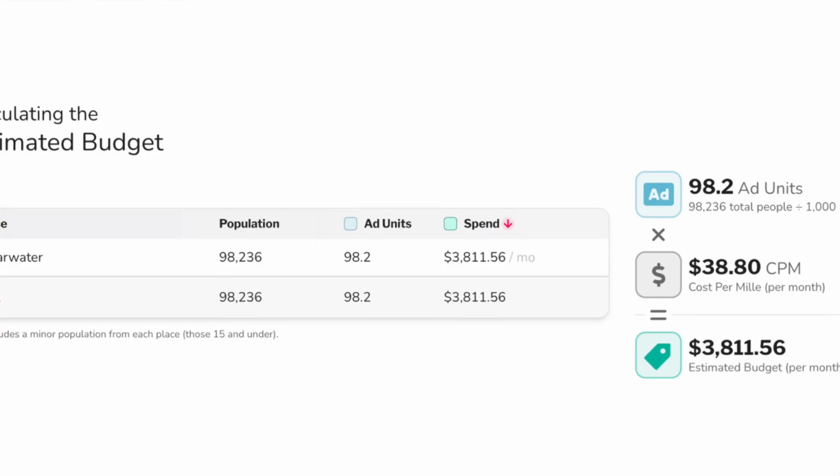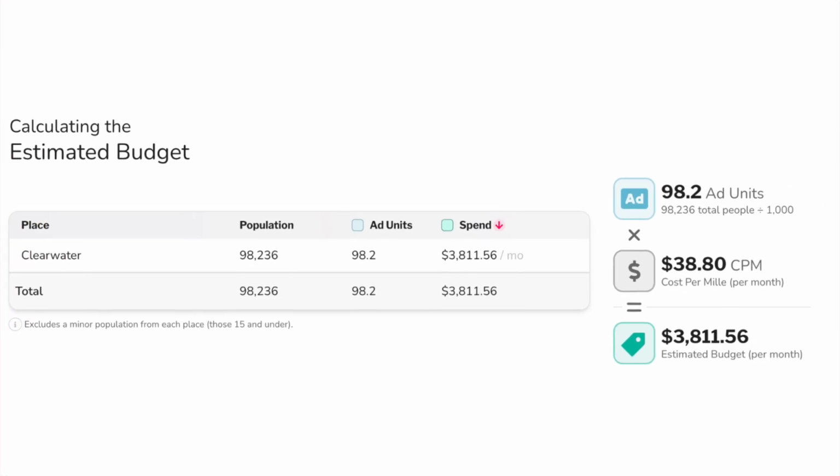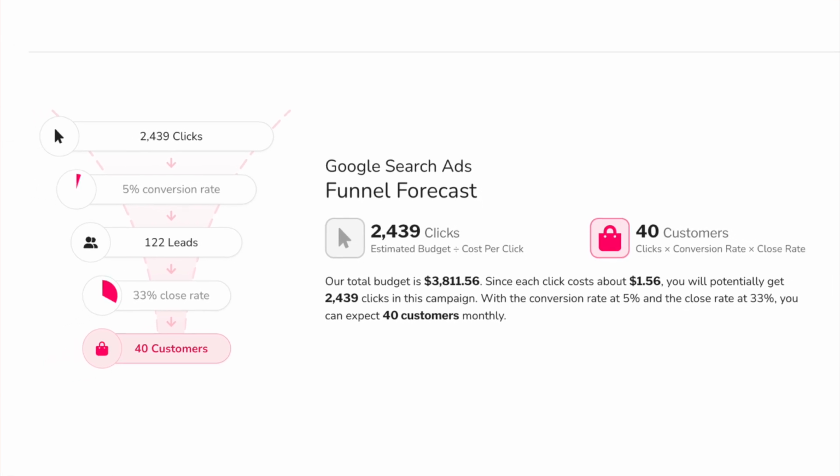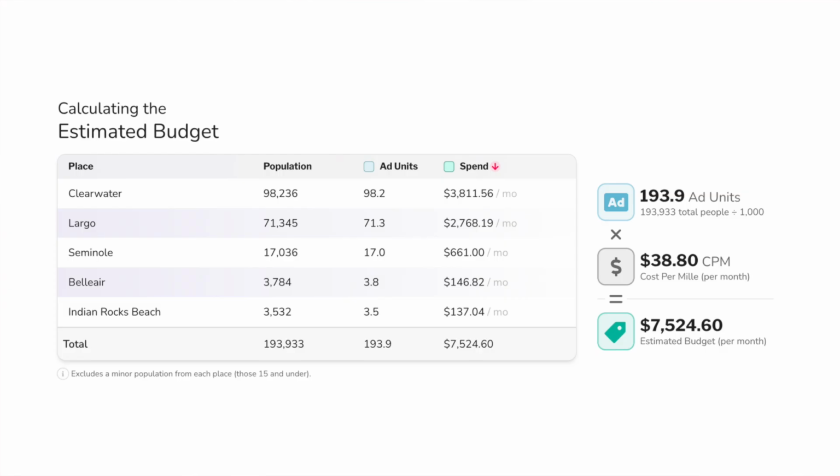SplashDash's ad budget simulator recommended that we spend $3,811 per month on the advertising spend. The early results started coming in, and anytime an early result comes in, I like to communicate with the client of the quick wins that we're getting to keep buying confidence so they can keep investing with the platforms that they're spending on. Once we reach the $3,800 a month spend, then we can make recommendations into the other towns